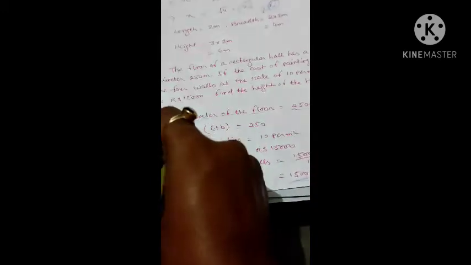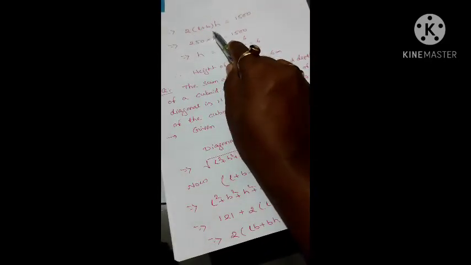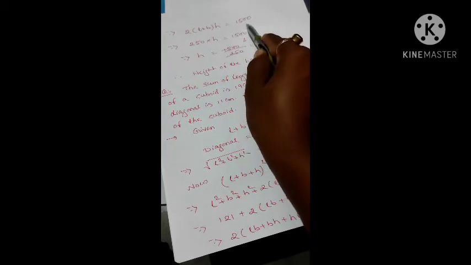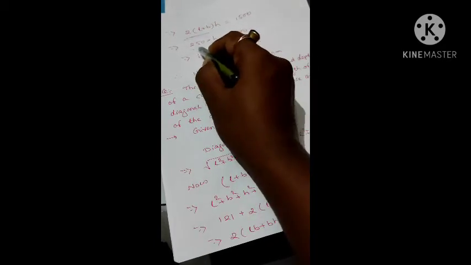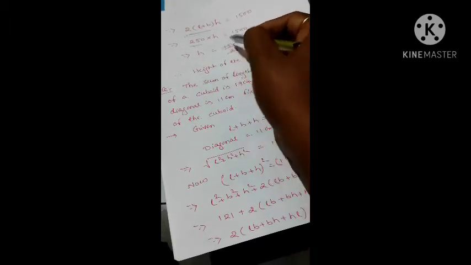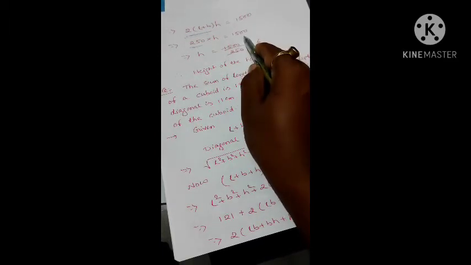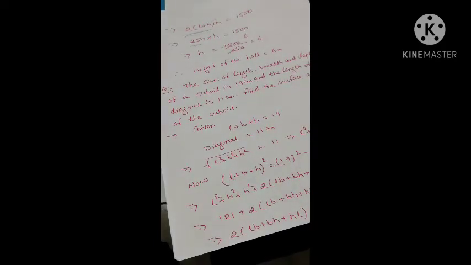So we got area and we got the perimeter. So now what is the area of 4 walls? As earlier we have discussed, the area of 4 walls is 2 into length plus breadth into height, that is equal to 1500. And in place of this perimeter, since it is given in the question 250, we can write 250. So here height is unknown only. So what will be the value of height? 250 will come below 1500, so we will get 6. So this is the way certain sums where rate and cost is given we can do.